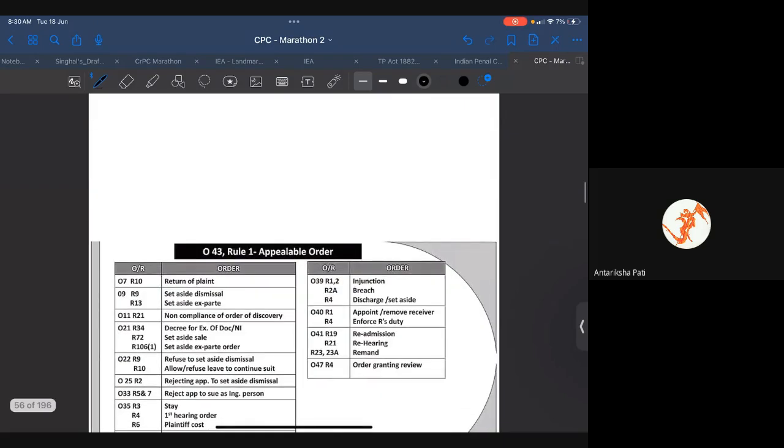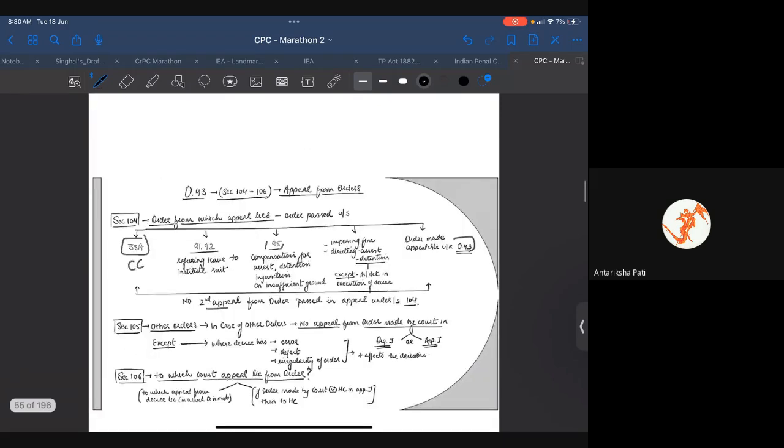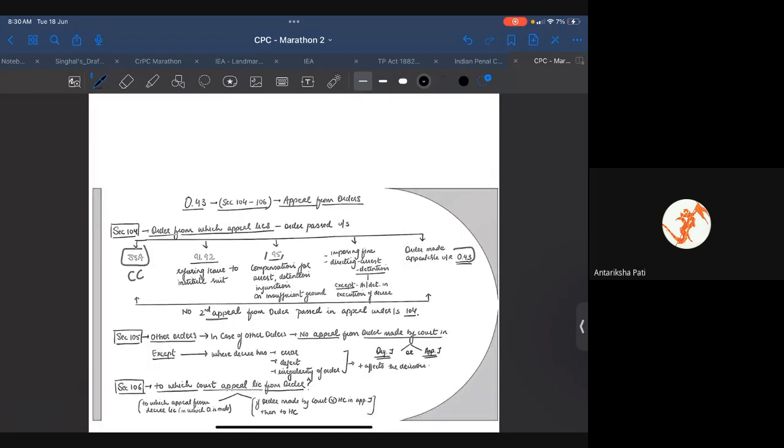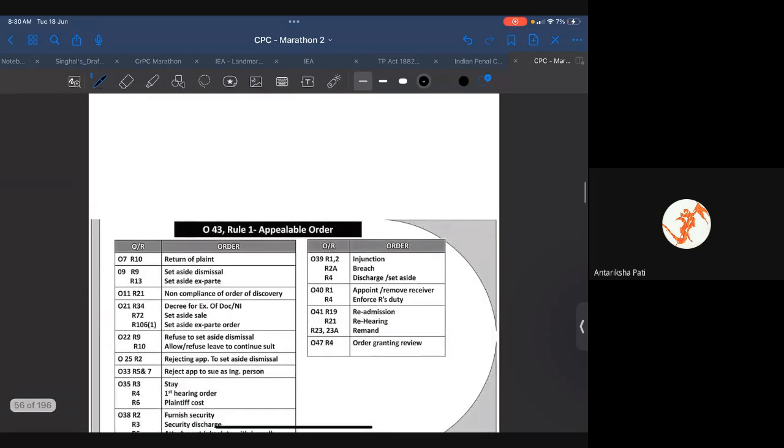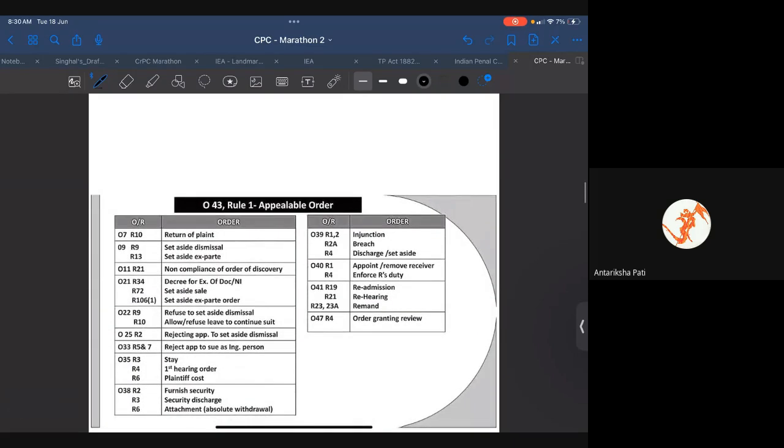Now Order 43 Rule 1 mentions appealable orders. So other than these sections, that is 35A, 91, 92, 95, etc., under Order 43 Rule 1 also many things have been given which are made appealable, that is return of plaint, set aside dismissal, set aside ex parte, non-compliance of order of discovery, decree for execution of document, set aside sale, set aside ex parte order, refuse to set